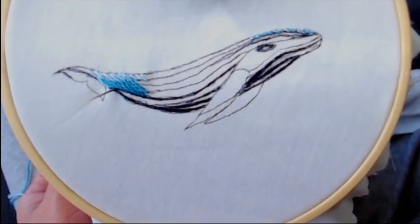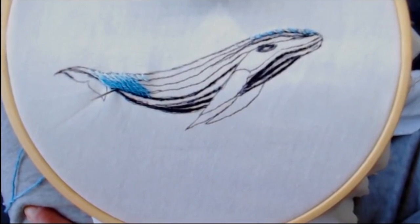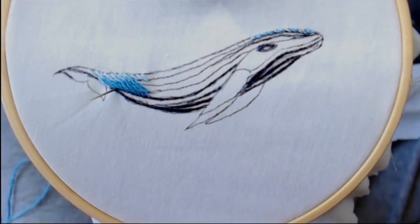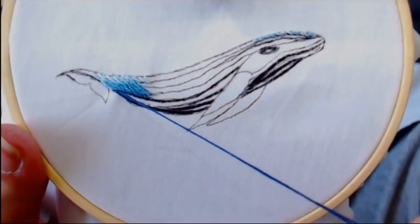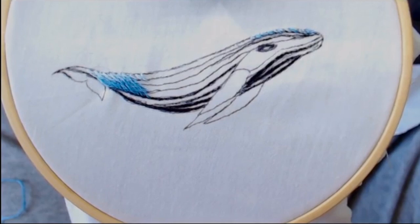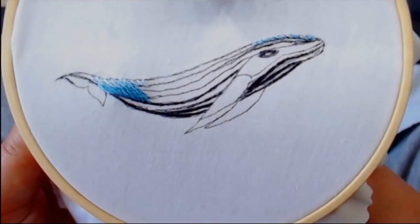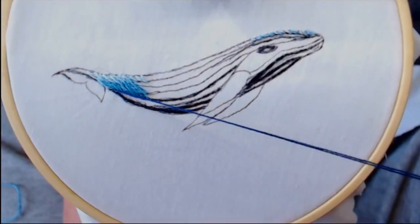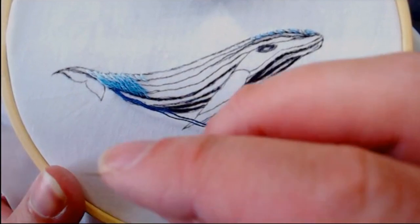Okay, now I'm gonna show you how to do the last line. Just need to make sure that you see it well. So hold the thread. Oh, whoops. Yeah, here I go. So it's 2 strands, everything is 2 strands. You start all the way at the back and just a couple, yeah, hold it, couple